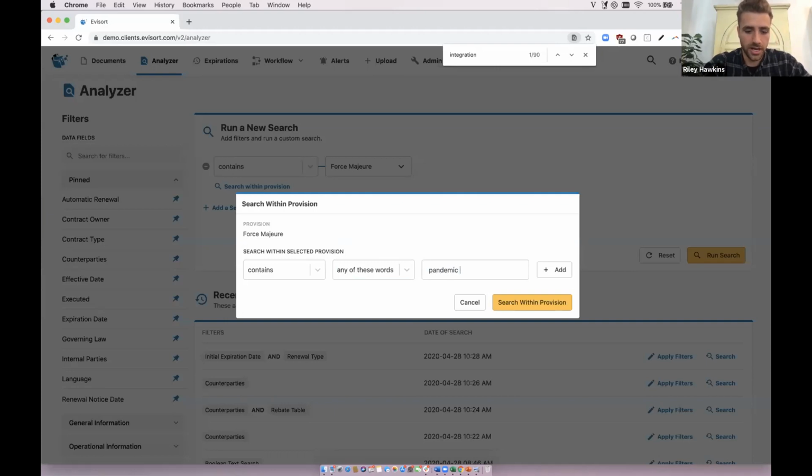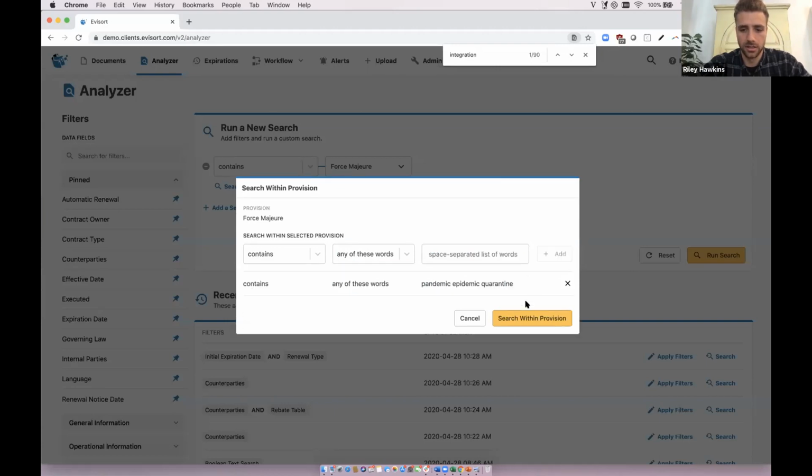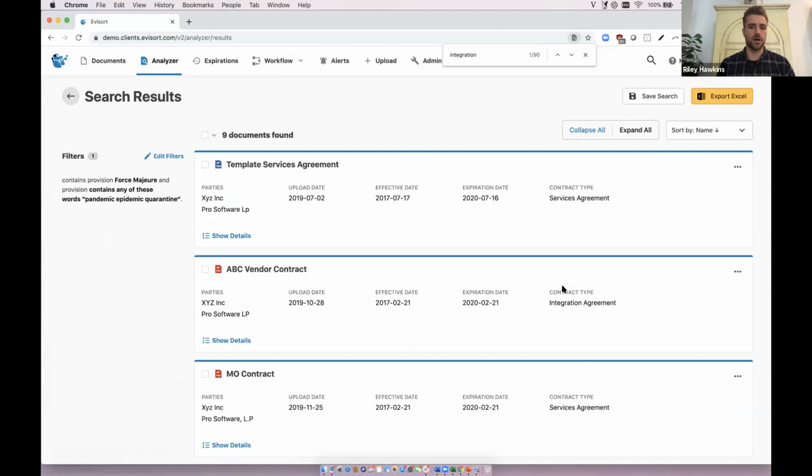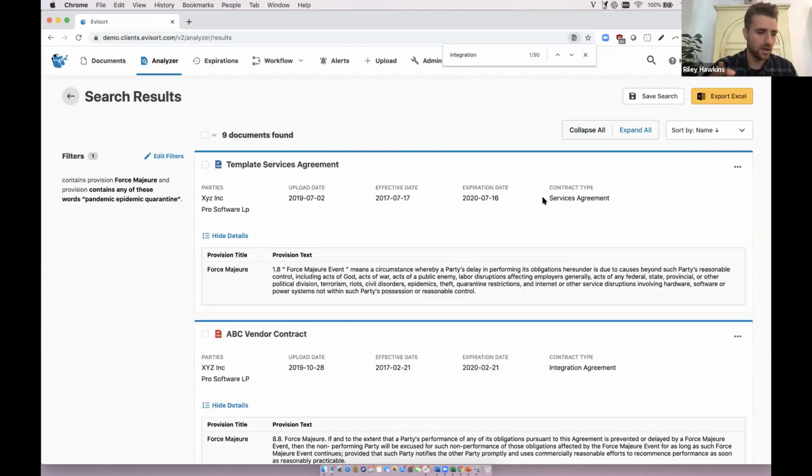And the hot ones right now are pandemic, epidemic, quarantine. So I can get really granular, and I'm helping a lot of clients with this right now to get visibility across what are the documents where we may have some recourse to suspend the contract or suspend payment. It empowers the lawyers to do what they are actually trained to do, which is legal analysis,